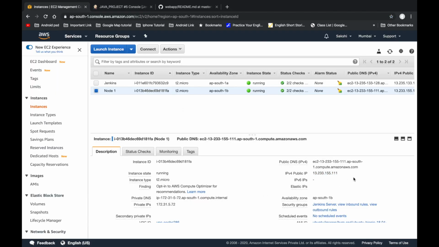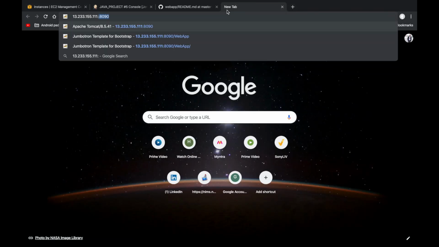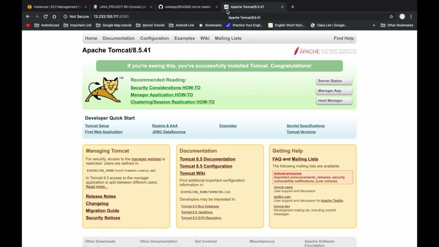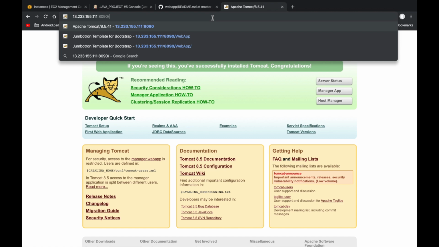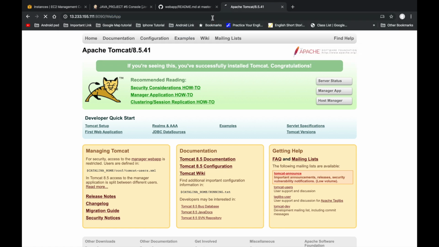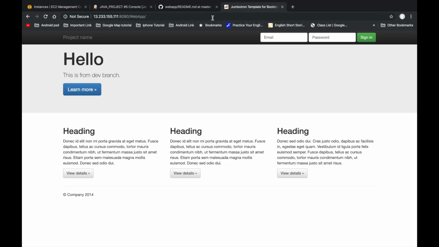So we have to copy this IP address and go to the browser, with the 8090 port that we have opened. We can see here the container is working fine because the Tomcat homepage is visible. Now we go to our web app. It's working fine, and that is also present in our application.